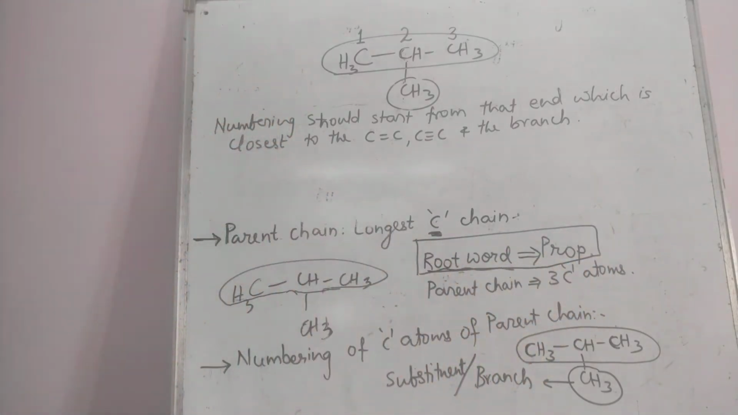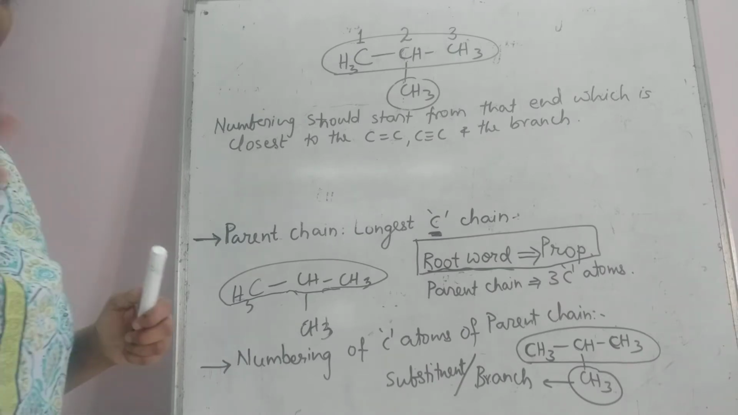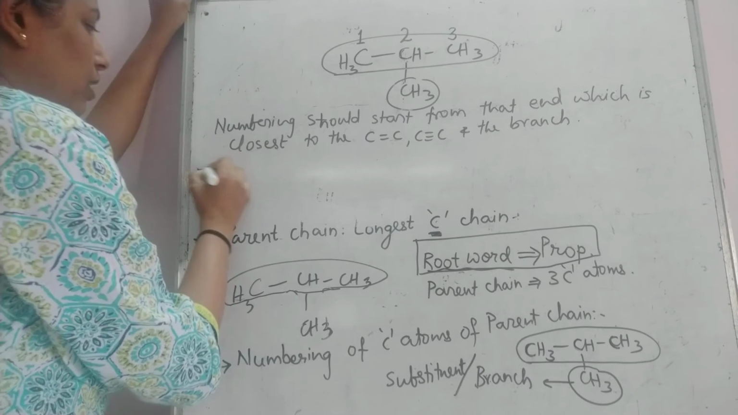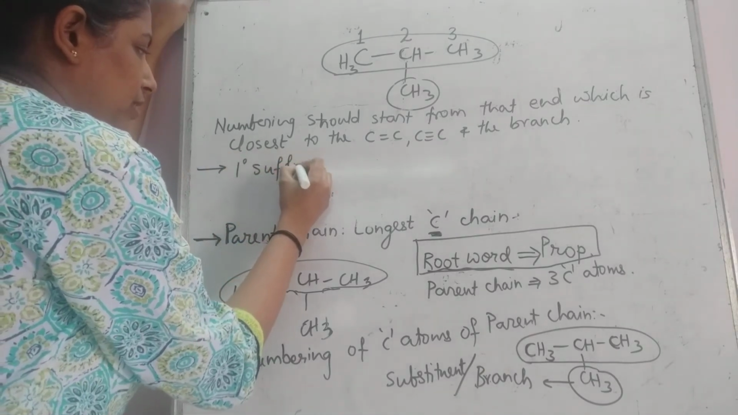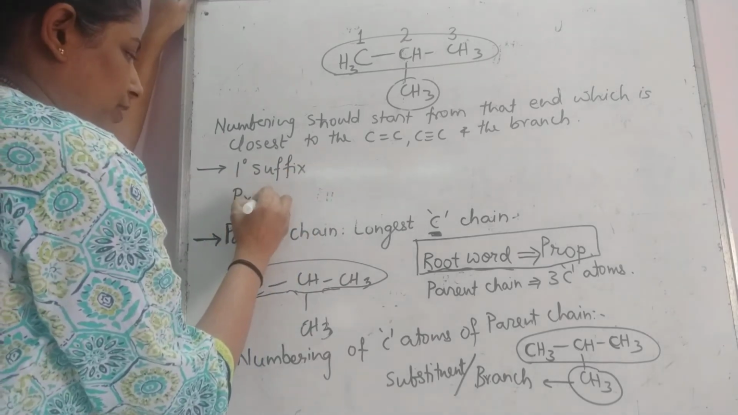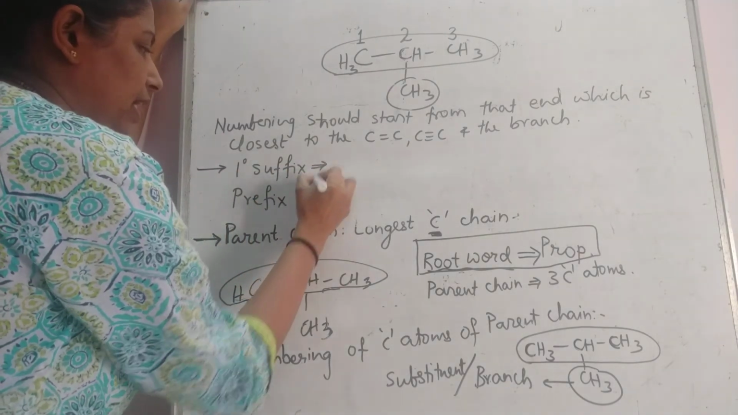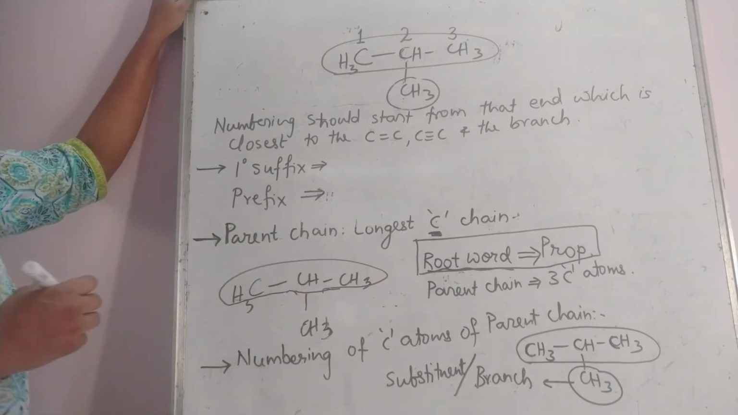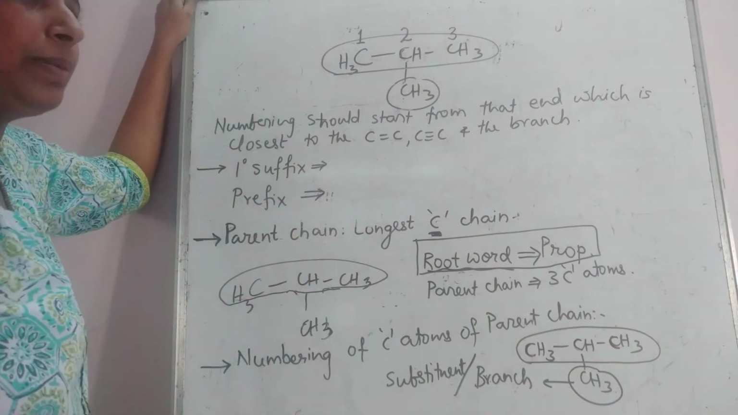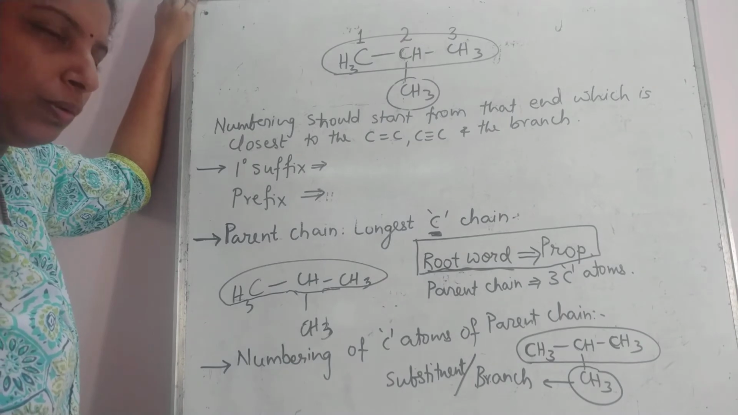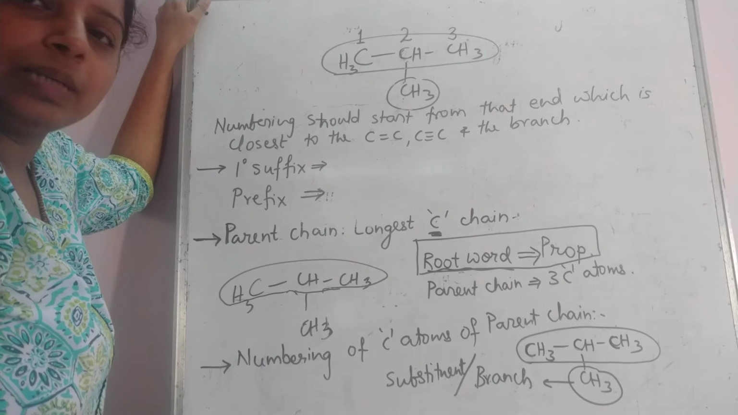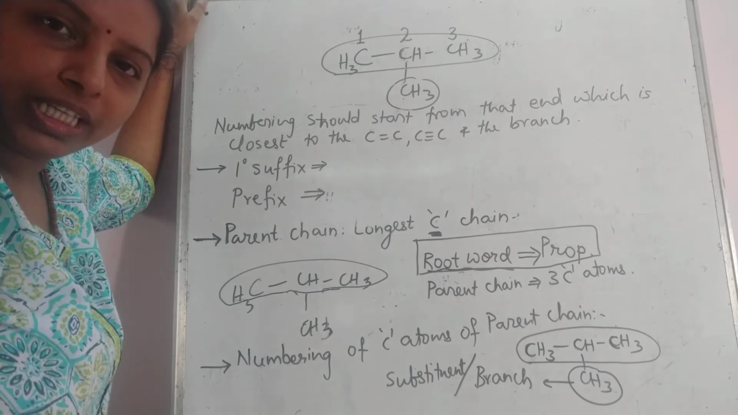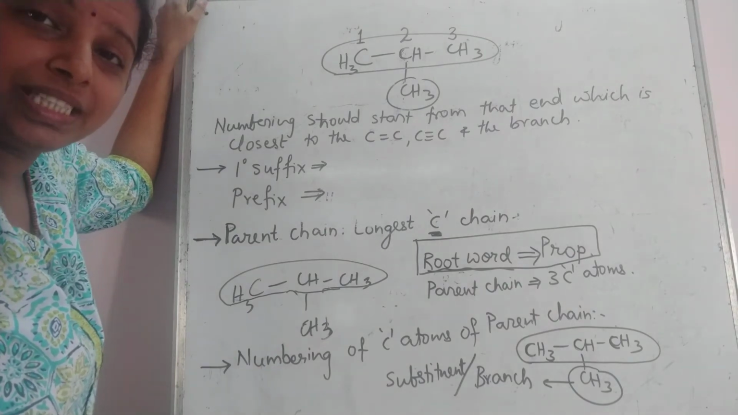Okay. Now after numbering, what do? You can easily write the primary suffix and the prefix. Primary suffix and the prefix. Now what is a primary suffix? It indicates whether there is carbon-carbon single bond, double bond or triple bond in the compound. Whatever is present will always be present in the parent chain. If there is carbon-carbon double bond and carbon-carbon triple bond in the compound, it will always be seen in the